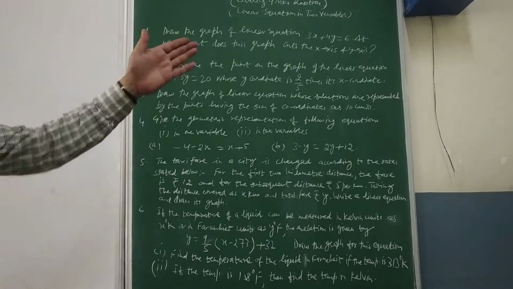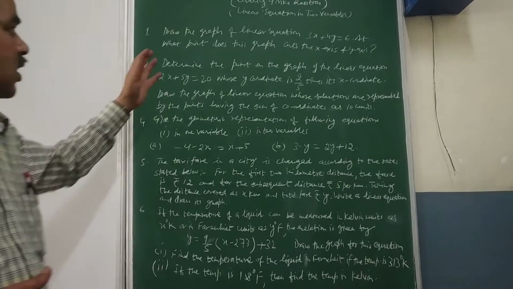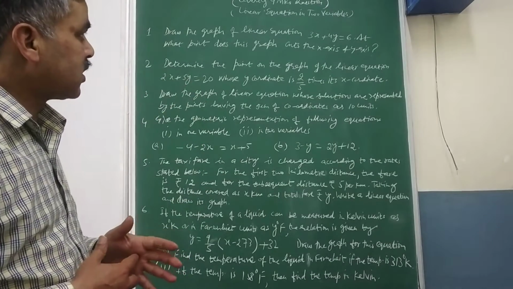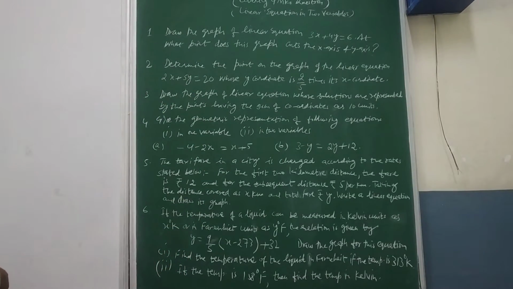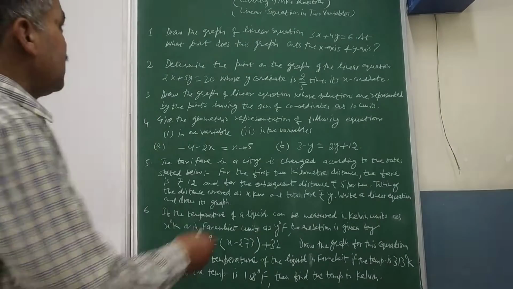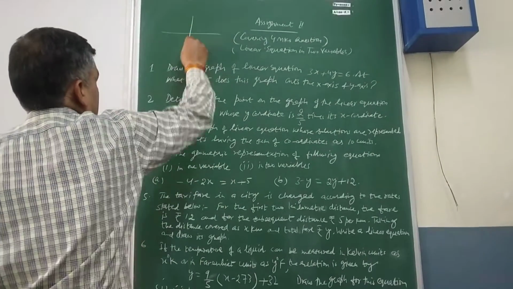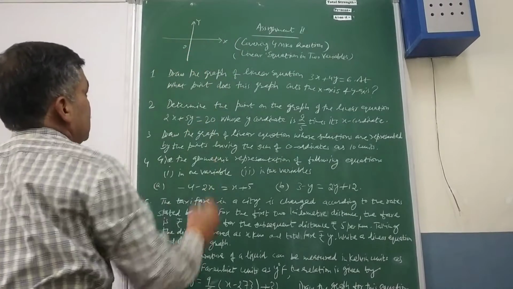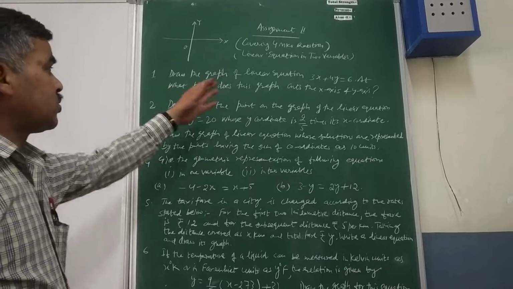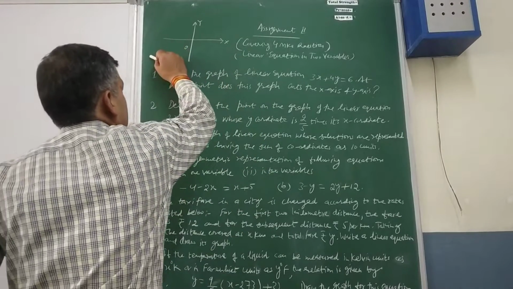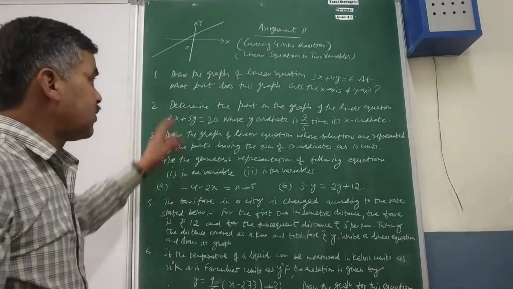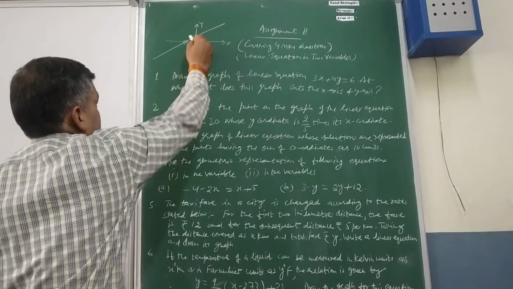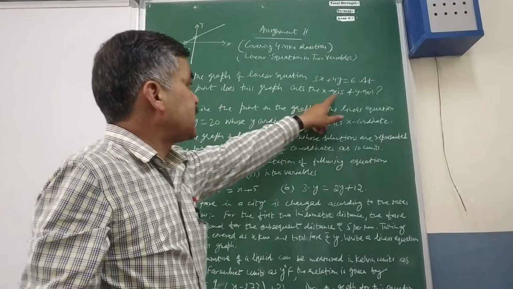The first question, as a general question, is: draw the graph of the linear equation 3x + 4y = 6, and at what points does this graph cut the x-axis and y-axis. For the students who are not clear with this part, suppose this is the Cartesian plane, that is your lines of axis, and you are going to draw the graph. Suppose the line comes something like this for this equation, then you have to write the coordinates of this point and this point. It is very clear, cuts the x-axis and the y-axis.